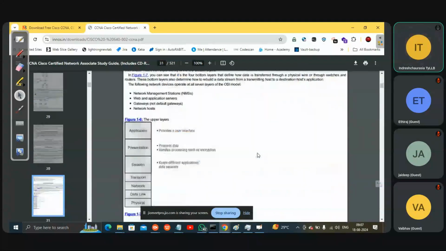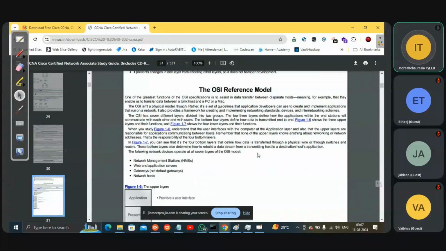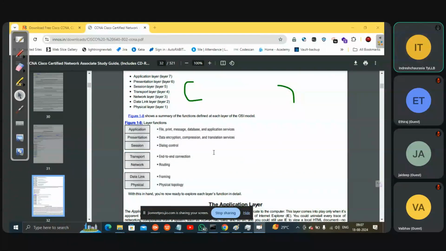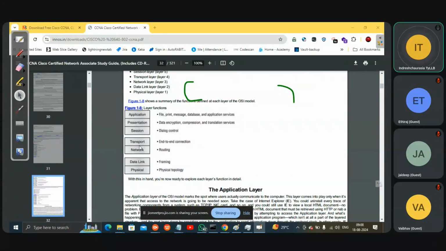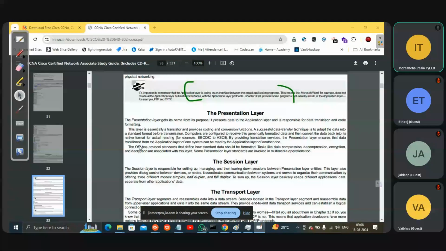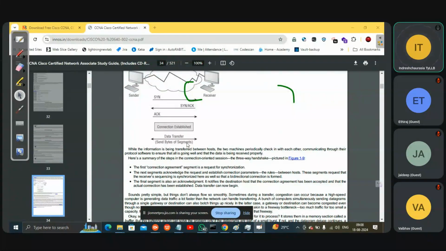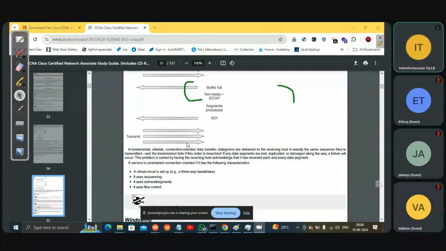What is a router? See, the OSI layer. Can you see this OSI reference layer which we studied? It is there in this particular book. Application layer, presentation layer. This is an authorized, certified, international book which everyone studies for CCNA purposes. Everything is there: data link, network, routing, the application layer function, presentation, transport layer, how flow controls work, sync. Everything is mentioned in this book.